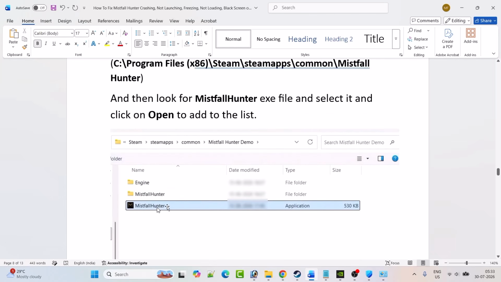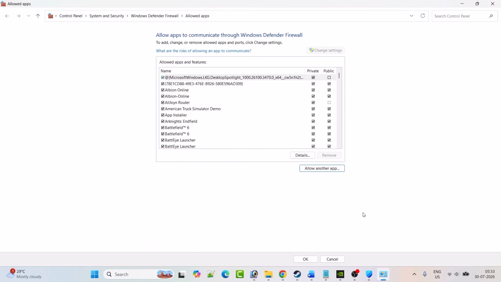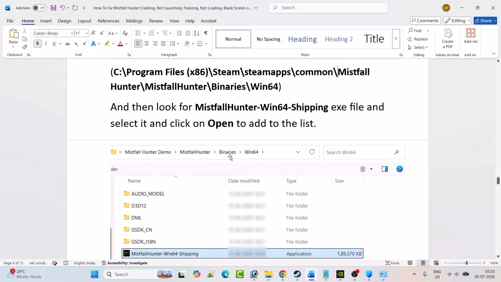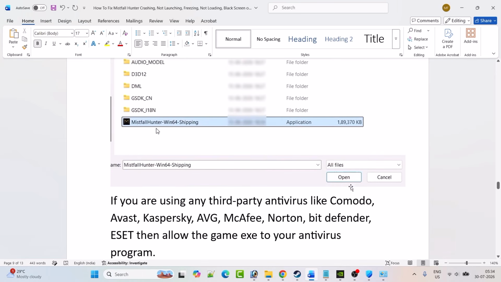Select this Mistfall Hunter exe file and then click on open and then click on add to add it to the list. Again click on allow another app, click on browse, and this time open Mistfall Hunter binaries Win64 folder. Select Mistfall Hunter Win64 shipping exe file and then click on open and then click on add to add it